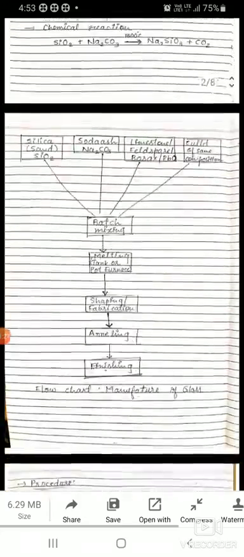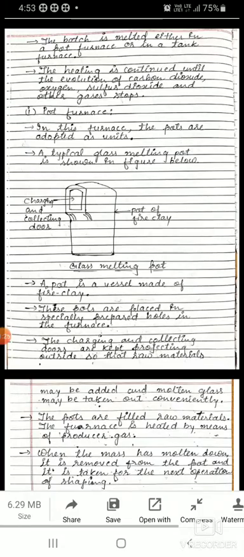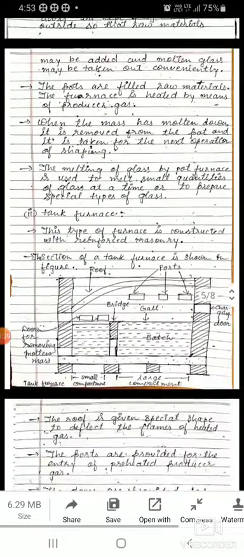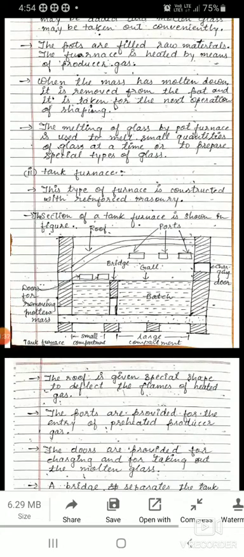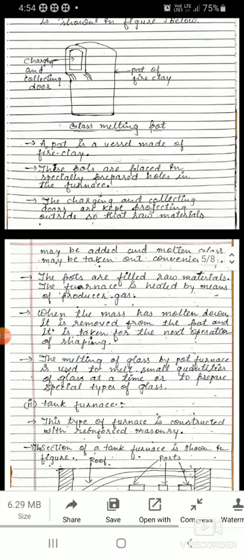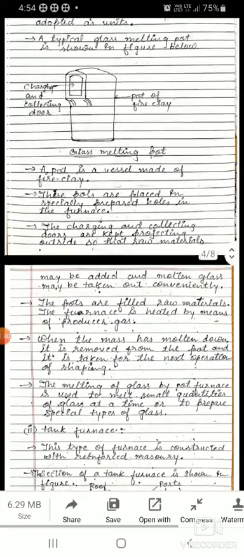Here you can see the melting process is done by a pot furnace or a tank furnace. So in the examination you may have a question like, describe the melting process in furnace.